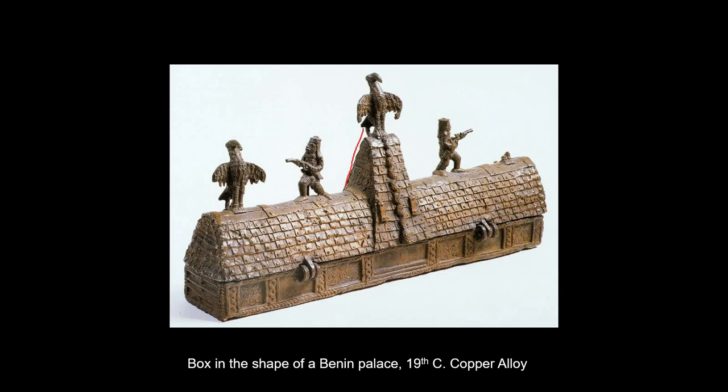So again, we have this kind of tall steeple, and the whole thing would have been covered in these bright, brassy, shiny plaques. So again, by descriptions, the Palace of the Oba was one story, but up on these piers it was vast and sprawling, and every square inch of it was covered in these brass plaques, or with ivory or tropical hardwoods, all of which was very valuable and unfortunately dismantled and then later burned in the expedition of 1897. We do have some wonderful Benin ivories, though, some fantastic objects that show the skill of the carving.